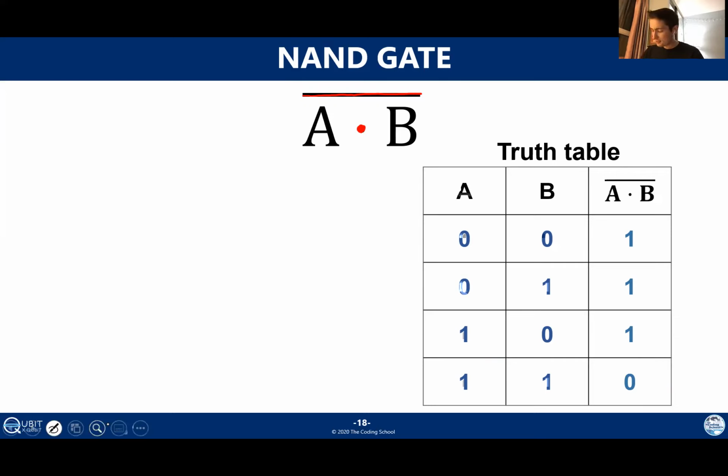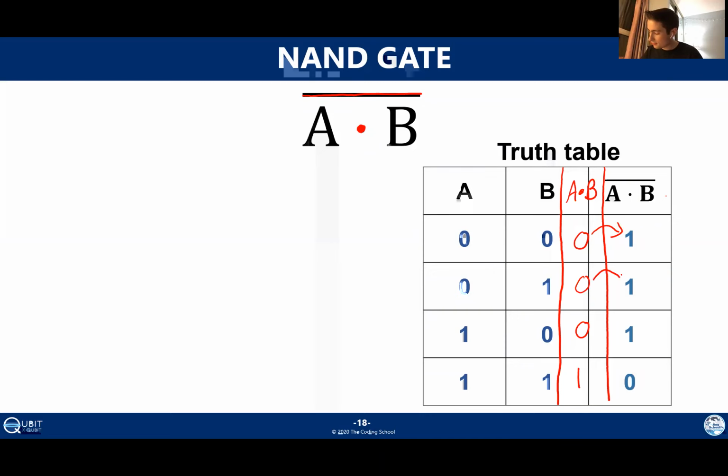Now, for these composite gates, right, this is an AND and a NOT put together, sometimes what I like to do is draw myself an intermediate column in the truth table here, and we'll just call that column A and B. And then I'll just fill this in from the previous slide. So it was 0, 0, 0, 1. Now, note, to get the NAND gate output, all you need to do is flip all of these. So you apply the NOT gate to all of these, and then you get your result.